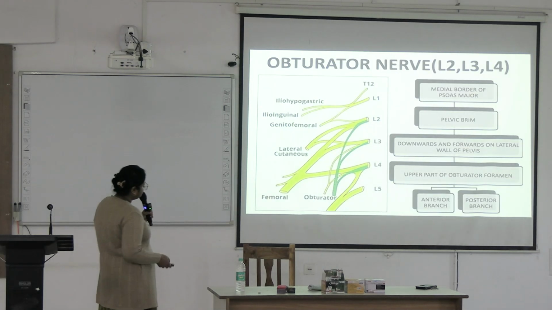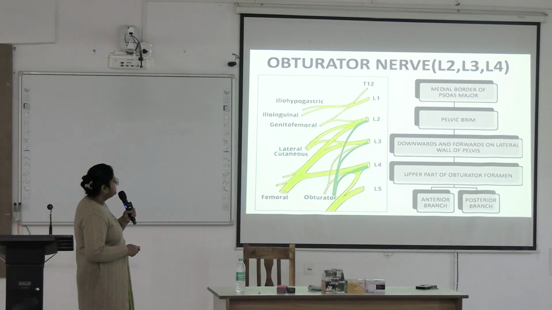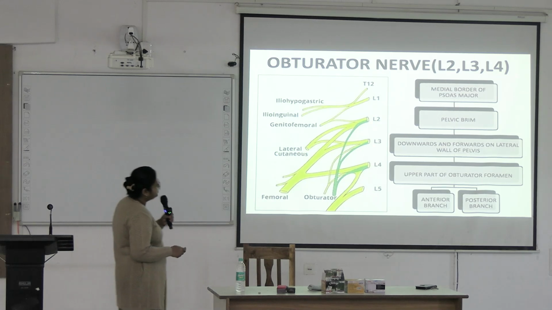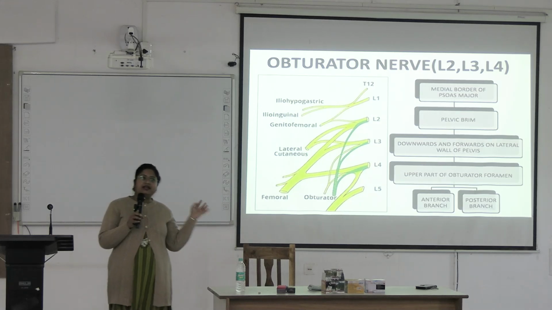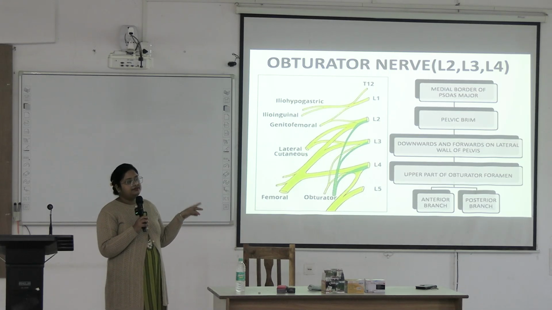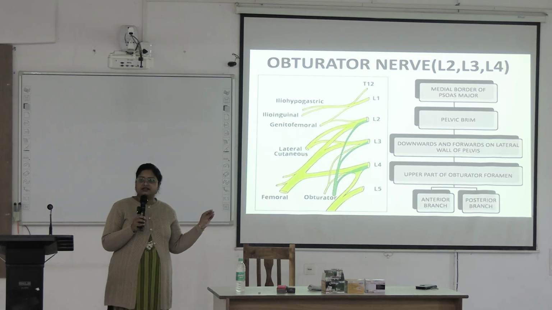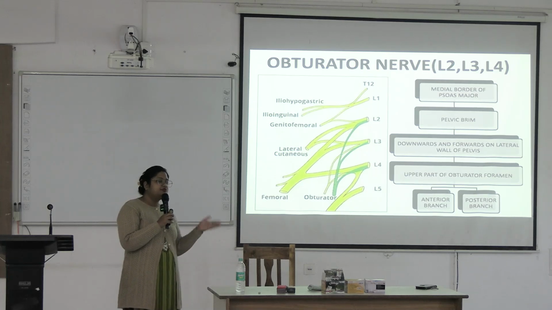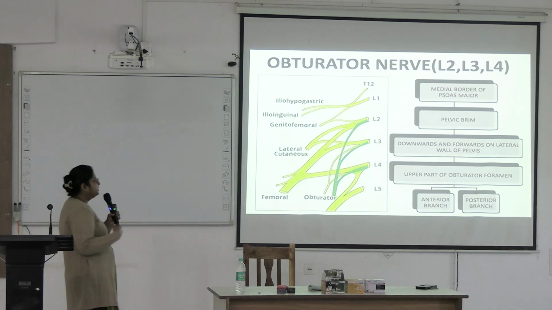Next, we are going to the obturator nerve. It is having roots from L2, L3 and L4. It comes out from the medial border of the psoas major. All of the other branches of the lumbar plexus come out from the lateral border. This nerve you identify as it is coming out from the medial border of the psoas major. You have to identify from this point during dissection of the posterior abdominal wall. Okay, you have to identify the femoral nerve, obturator nerve.